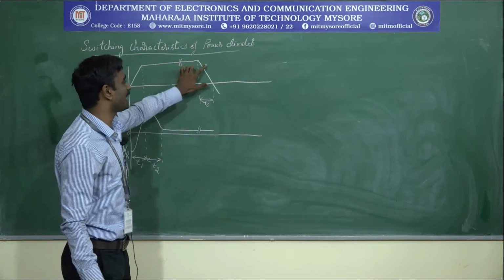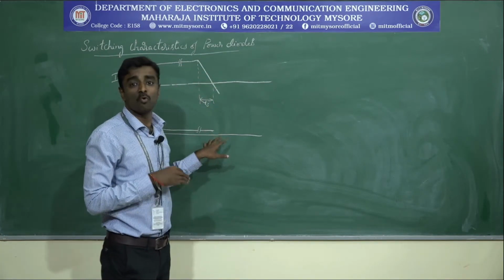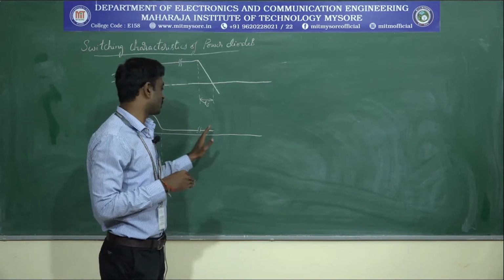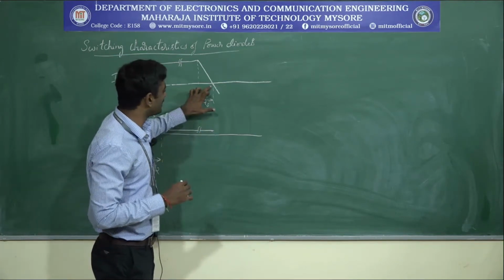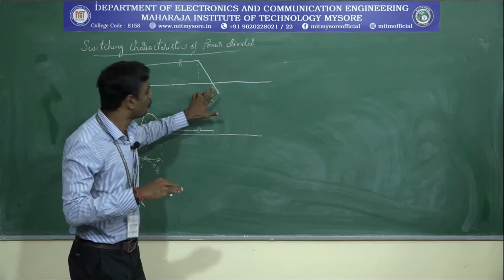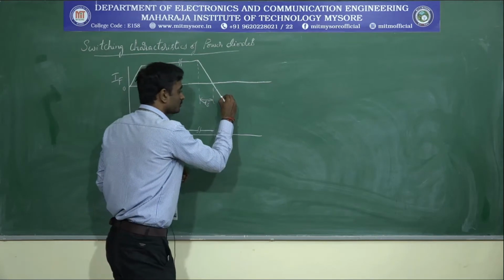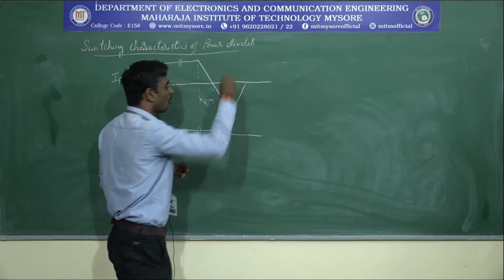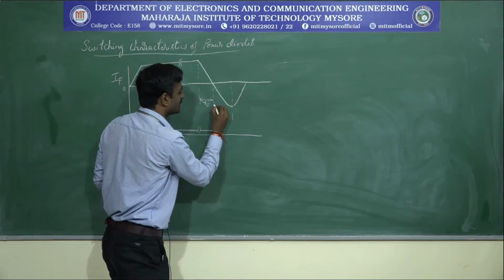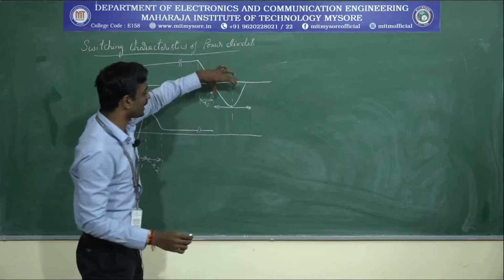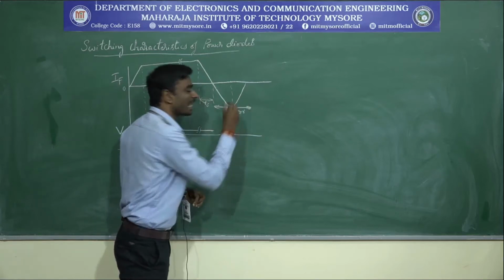In this case, the current will gradually decrease to the zero value, but there will be no changes with respect to voltage. The voltage will remain constant as usual. But what happens next, when the current crosses the zero value and reaches the negative value, your voltage will also reach a value. So I will split this total current behavior with respect to this time period, and I will call it the reverse recovery time.